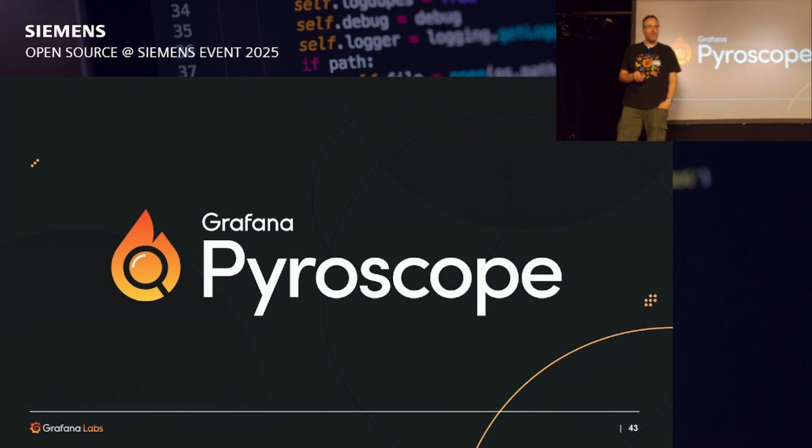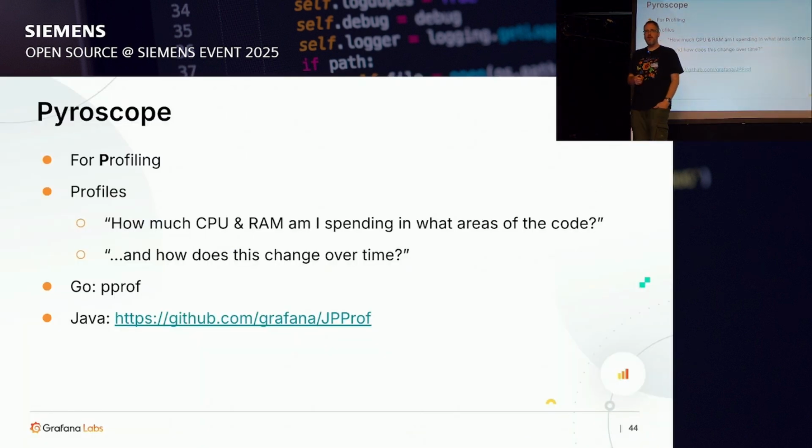Now we come to profiling, Pyroscope for profiling. Who here knows what profiling is? Okay, so profiling is I go into a program and I write down how much CPU, how much RAM do I use in this program, and I don't just do this per program, I do this per function. And I don't only write this down once, I write this down